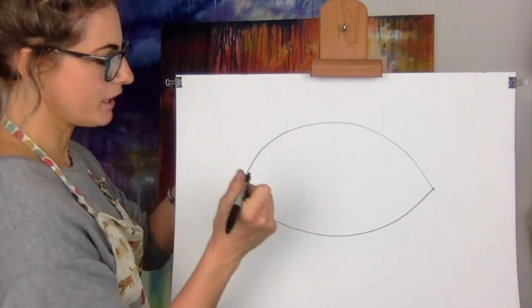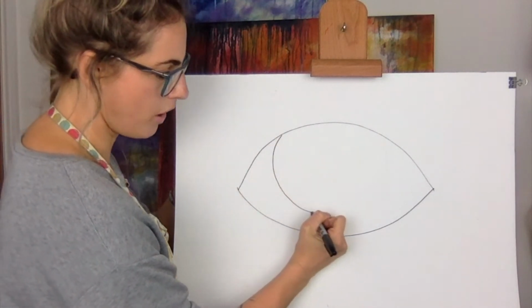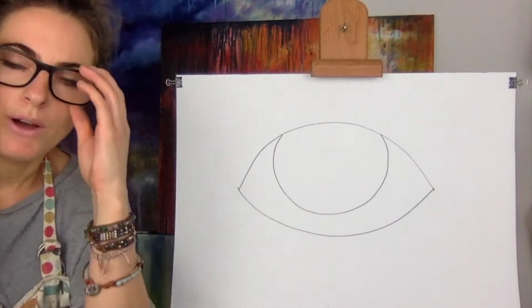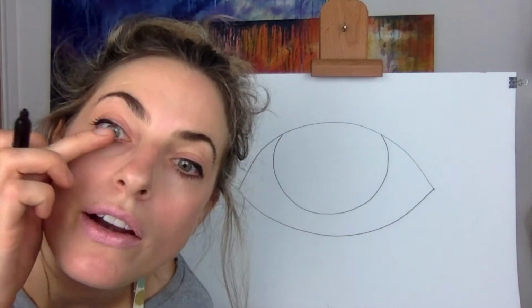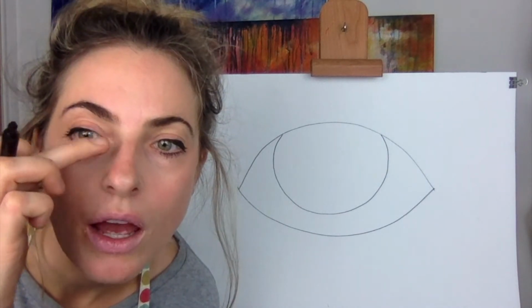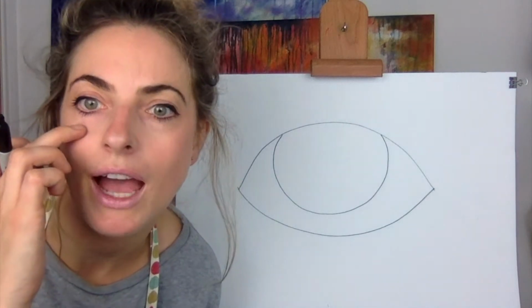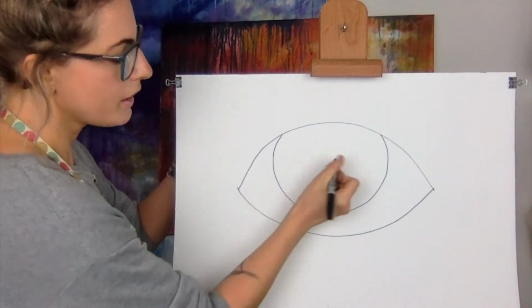Then all you're going to need, really easy, is to draw the iris. So if you look at my eye, can you see that the iris is the colourful bit? So we've drawn one, two, and the iris. Most of the time you wouldn't have that much of a gap there, but you might, so we're going to draw it a little bit. Then we want to do,